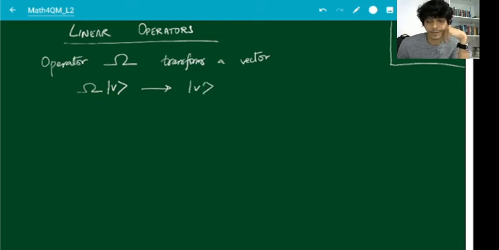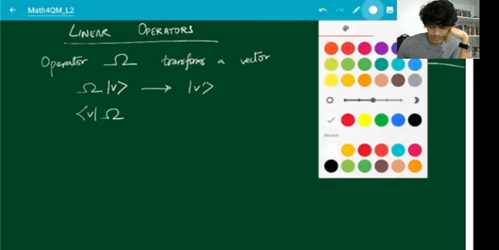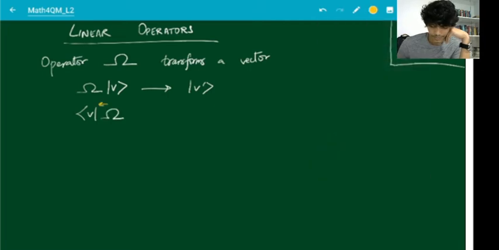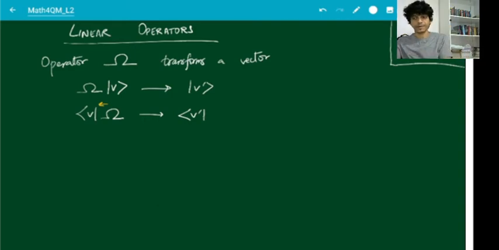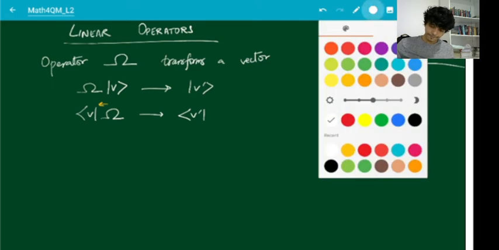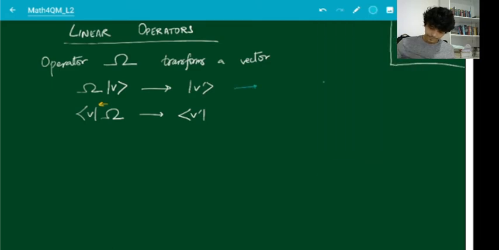Or if you're talking about a bra vector, here's a bra and the operator acts on it, and over here we put the operator on the right side. So we say that the operator is acting in this direction, and it gives you a bra v prime. So it's just something that acts on a vector and then transforms it. You think of it as a matrix. If you have a column vector